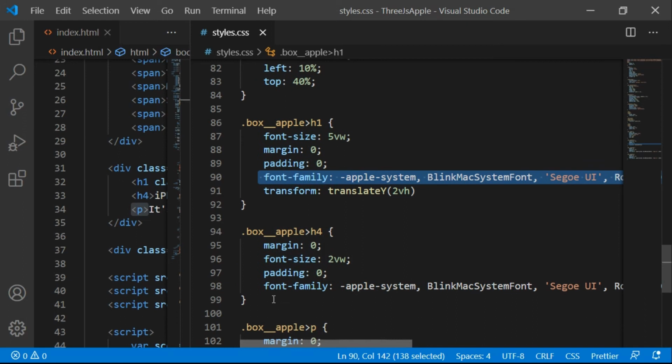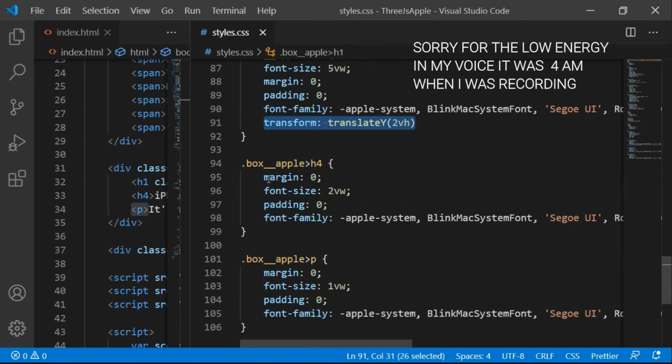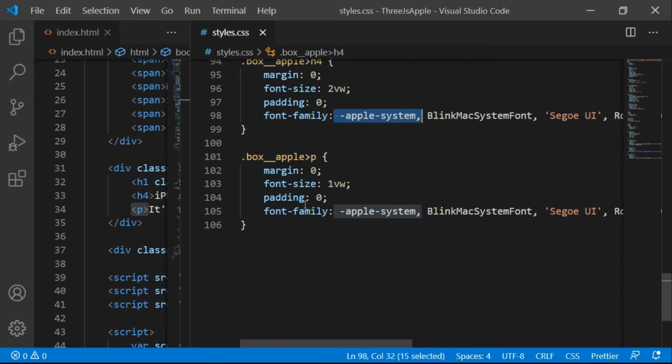Okay, so we got this translate Y, which is 2 view height. And we got some properties for h4 here, which is iPhone, and they're the same fonts. You can simply use sans serif instead of using all of that. Font family,